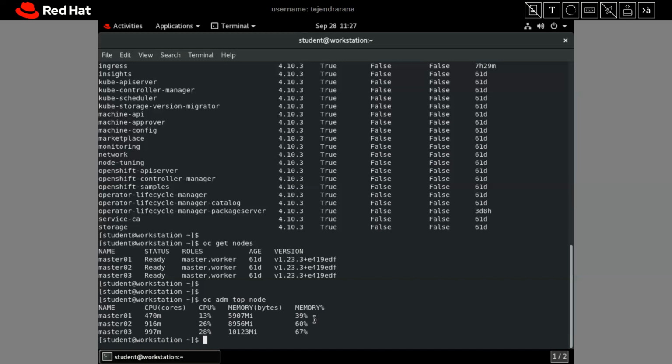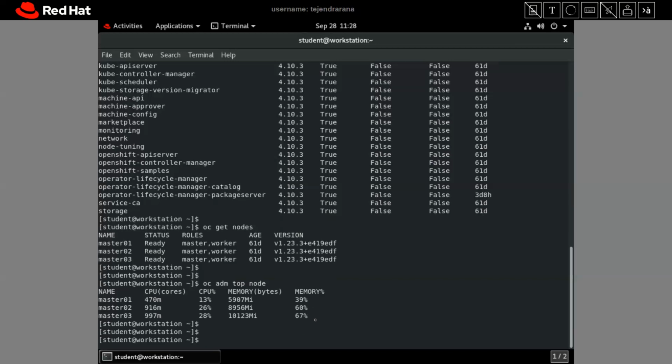So via this, if a node has consumed more than 90% memory, then there is a problem, right? Then we have to do something. Maybe we have to remove some application from that node and move it to another node which is not being used and where memory is free. And if we want to check some more details about the node, then we can give the command oc describe